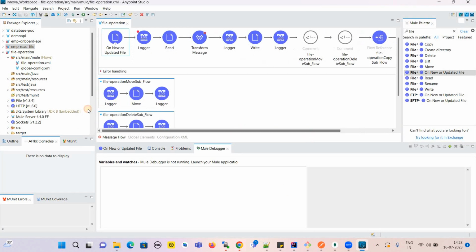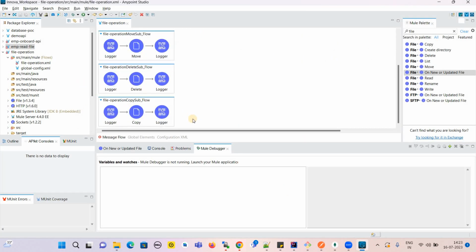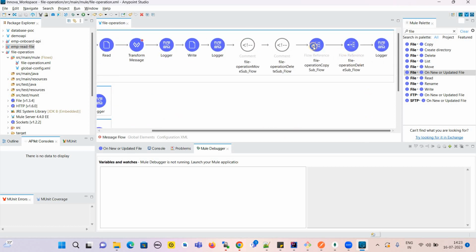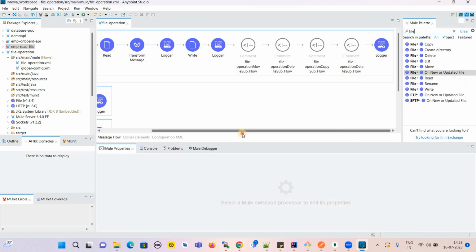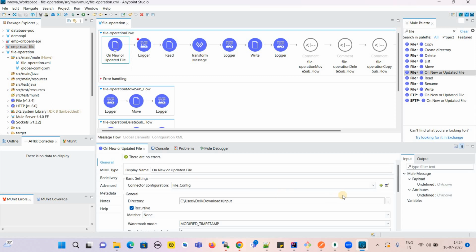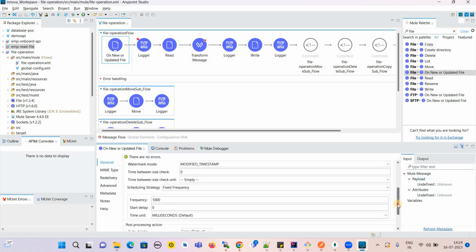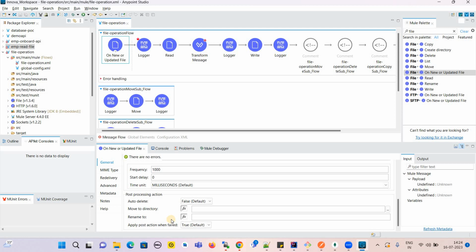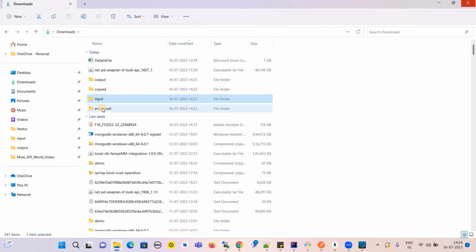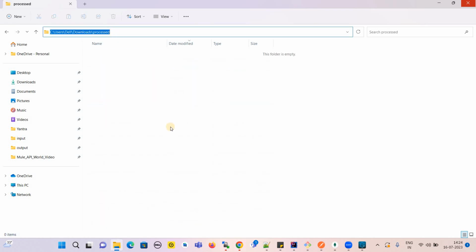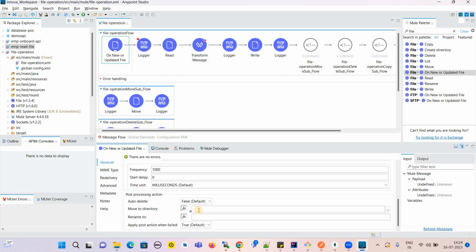So what I want to do is not use this copy or move operation. Let me comment it out from here, and I can use the same operation to move a file from one location to another. Basically I want to move that file into the process location. Let me copy it and move it to this directory. In this directory it will move the file, and let me rename that file